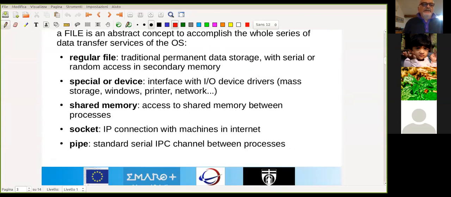Files. We have already discussed that there are several kinds of files. A regular file is the file that usually is opened on the hard disk, but you can open also other files, as we will see. Device files. Well, for device files, I think that it's interesting to see